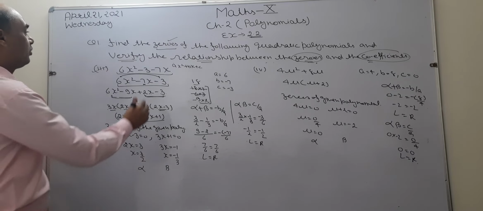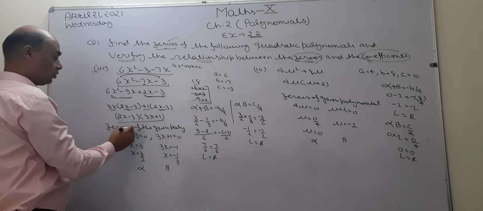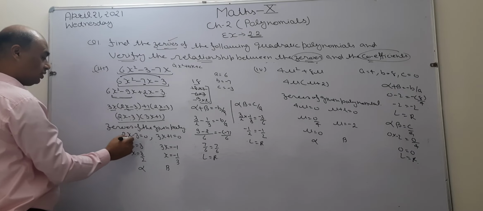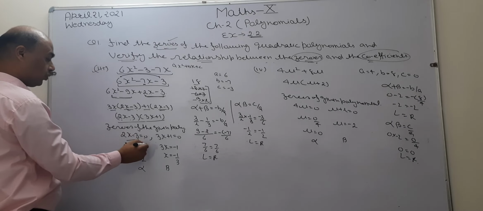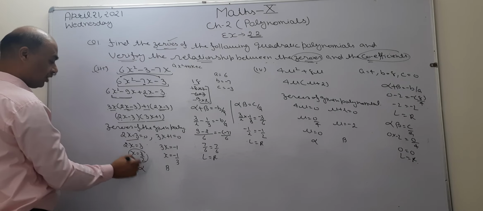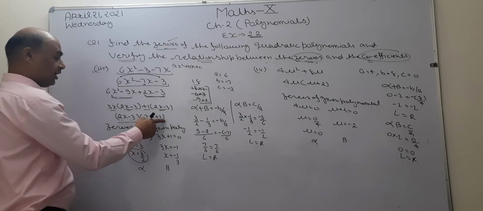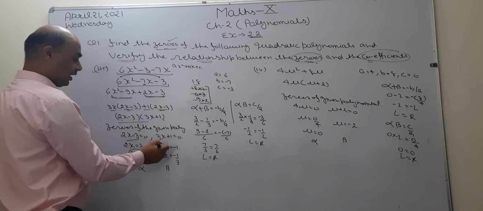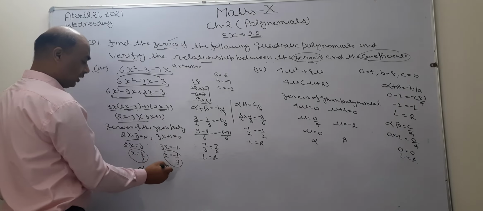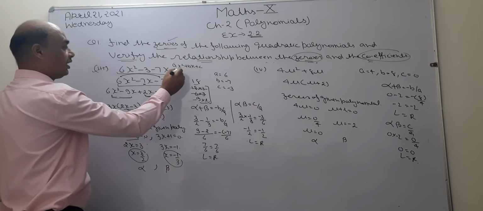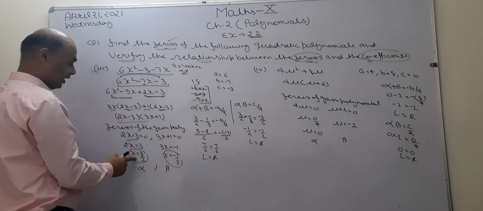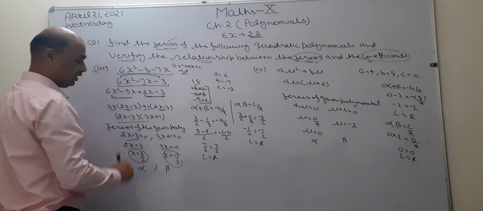Now in this question we have to find the zeros. So I write here zeros of the given polynomial. Put both the factors equal to 0. When I take this factor equal to 0, this becomes negative 2 positive and x becomes 3 by 2. This is the value of alpha. When I take this factor equal to 0, this becomes positive to negative and x becomes minus 1 by 3. This is known as beta, because in a quadratic polynomial we take two roots, one is alpha, another is beta. So I take first one as alpha and second one as beta.